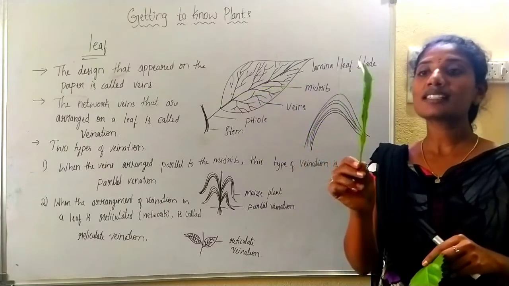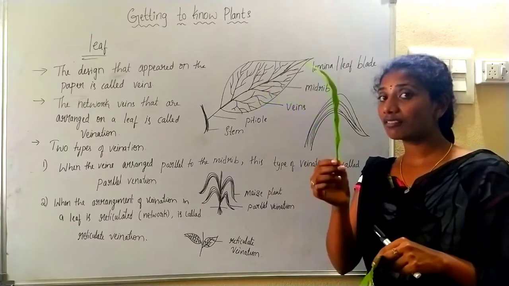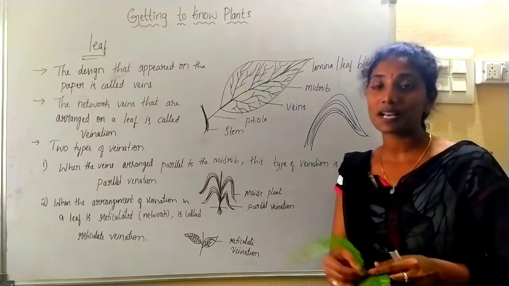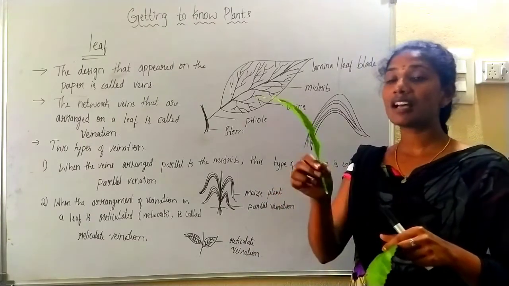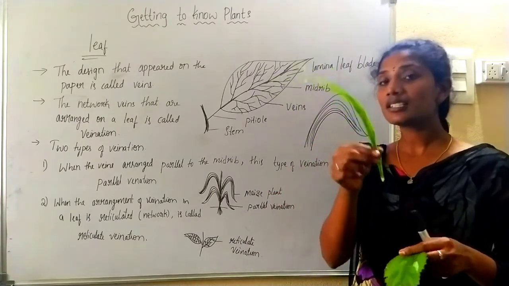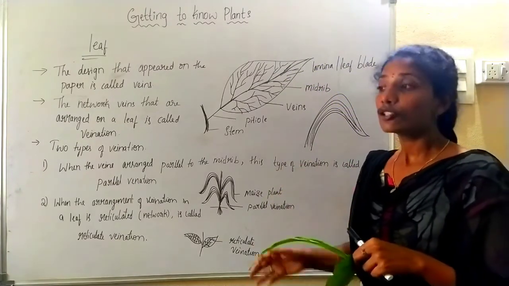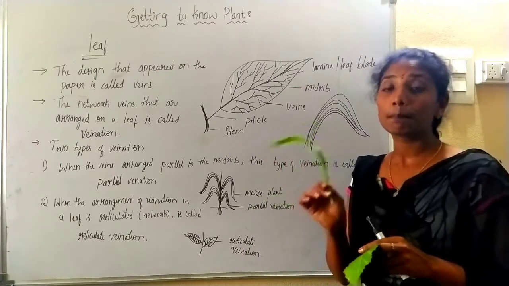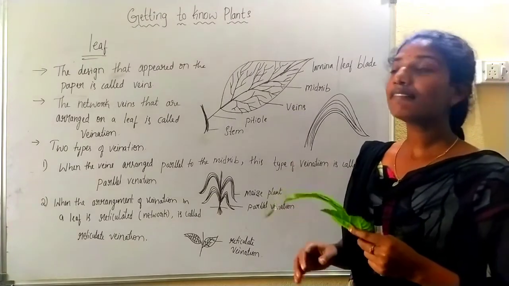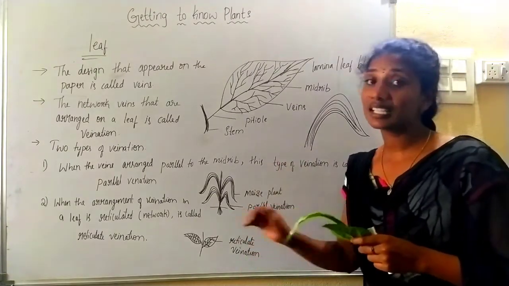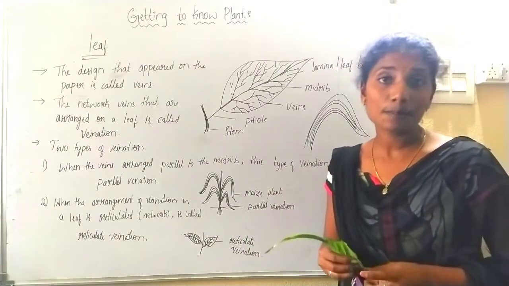You can see some plants which have this appearance. Such plants which have this type of leaves are generally grass plants like paddy, jowar, wheat, maize. All these plants will have such type of leaf. This type of leaves having plants are called grass plants. All the grass plants will have a parallel venation. By this class you are able to identify the type of venations present in your garden plants, to understand about transpiration.